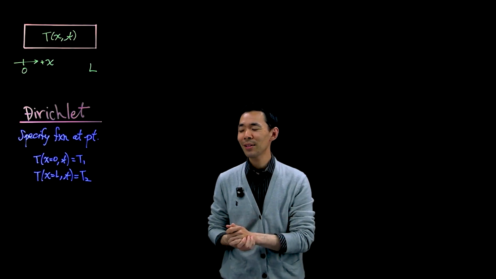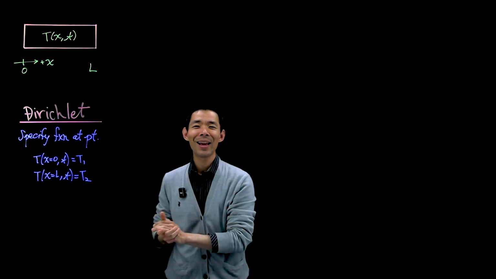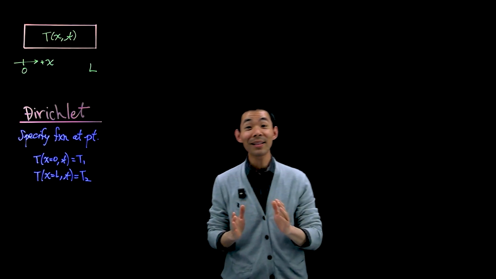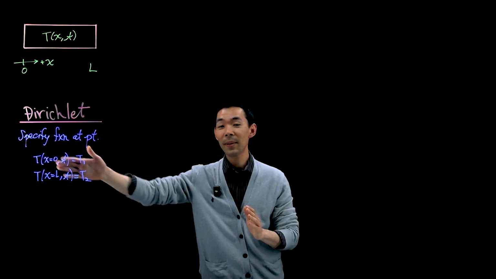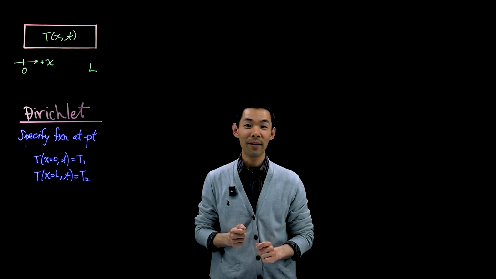Dirichlet. Kind of sounds like, oh yeah, I'll take a Pinot Noir with the steak. Dirichlet boundary conditions on the edge. Dirichlet. That's the first type. The second type is where you don't specify the function value, but you specify the derivative at the values, the